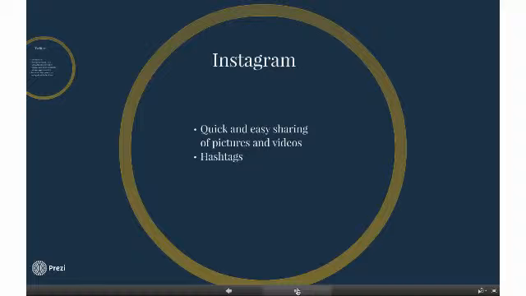Hashtags are another important aspect of using Instagram because they can link other people to what you're posting and potentially get publicity from any extreme sports community around your neighborhood and around the world.